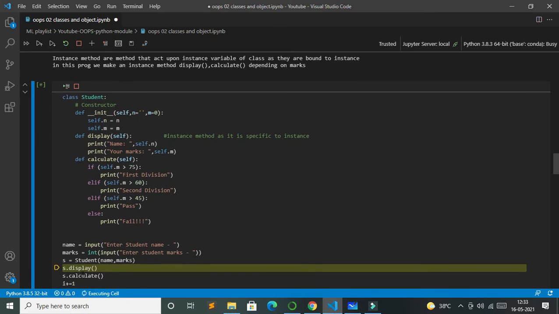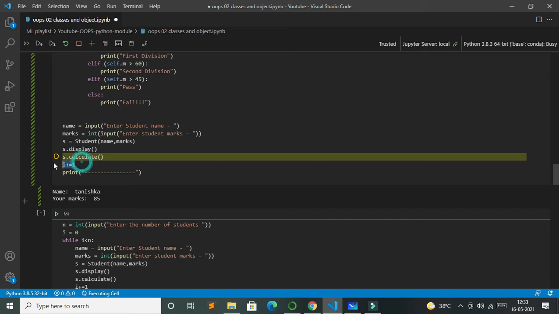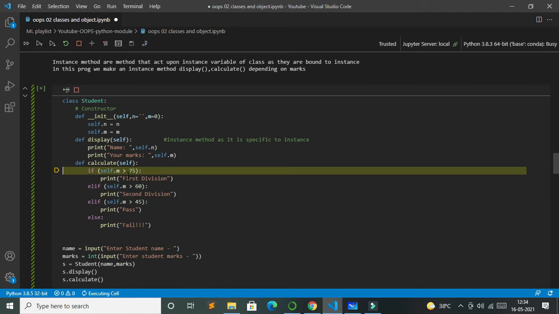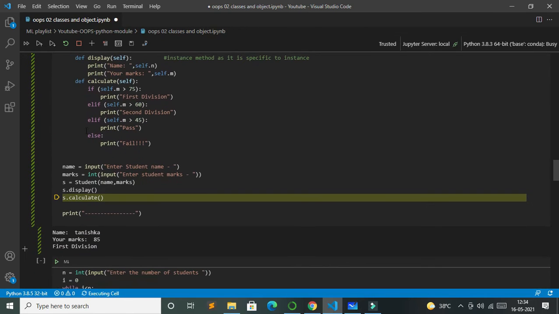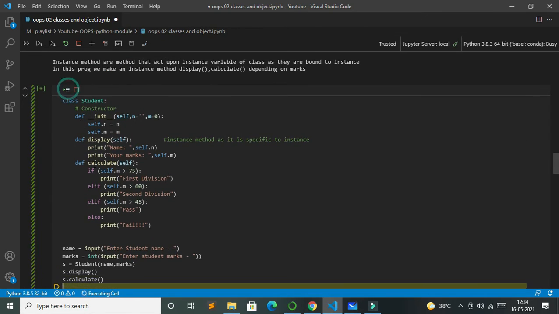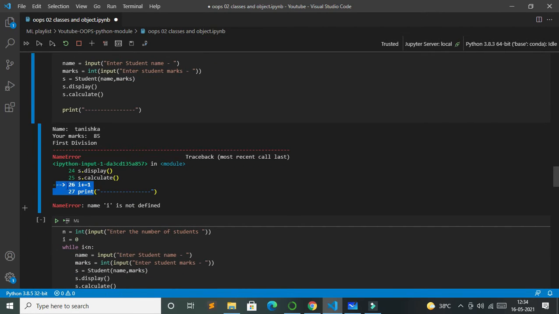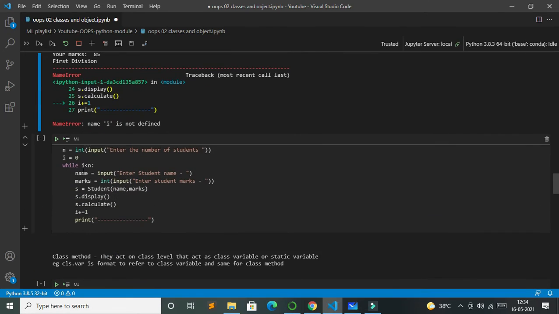Now it will go to s.calculate, and now it will show me an error saying that the variable is not initialized. All right, I can do that. So going to the next line, if self.m is greater than 75, print first division. Yes, it is greater than 75, so it will print first division, and now it will just print this separator line. What I have done here is that I have used this same